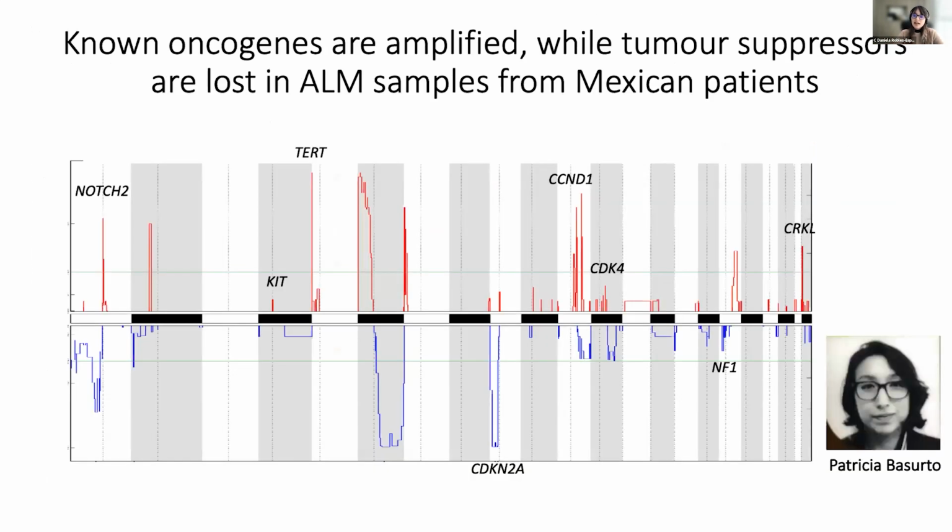Now, we have performed some preliminary copy number analysis as well. We see genes that we already know of as amplified and deleted. For example, we see amplifications of telomerase, cyclin D1, CDK4, and this novel gene called Crackle, identified by Richard White at MSKCC as a potential driver for acral melanoma, and deletions of genes such as CDKN2A and NF1. Of course, we see other peaks of deletions and amplifications where we have not found what gene or genes may be driving this, but we're confident that we have some good data, even if this is exome, to look deeper into this.